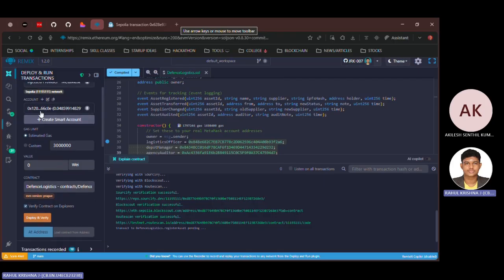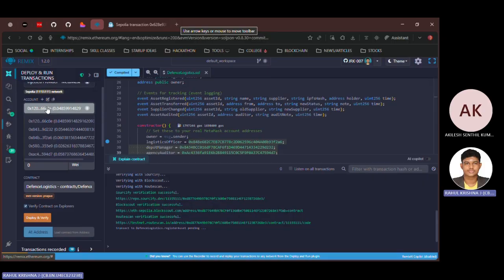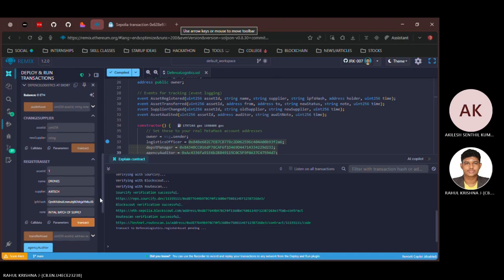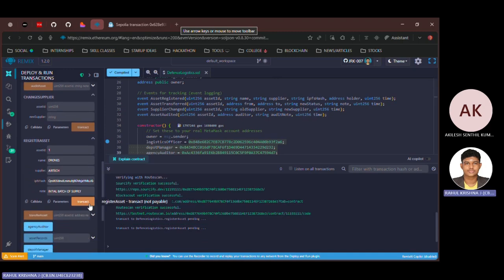Since the account that has been selected here is the government address, it won't get transacted. The option is only applicable for the logistic officer. So we'll select the address of the logistic officer, 3BE. Now if we transact again,